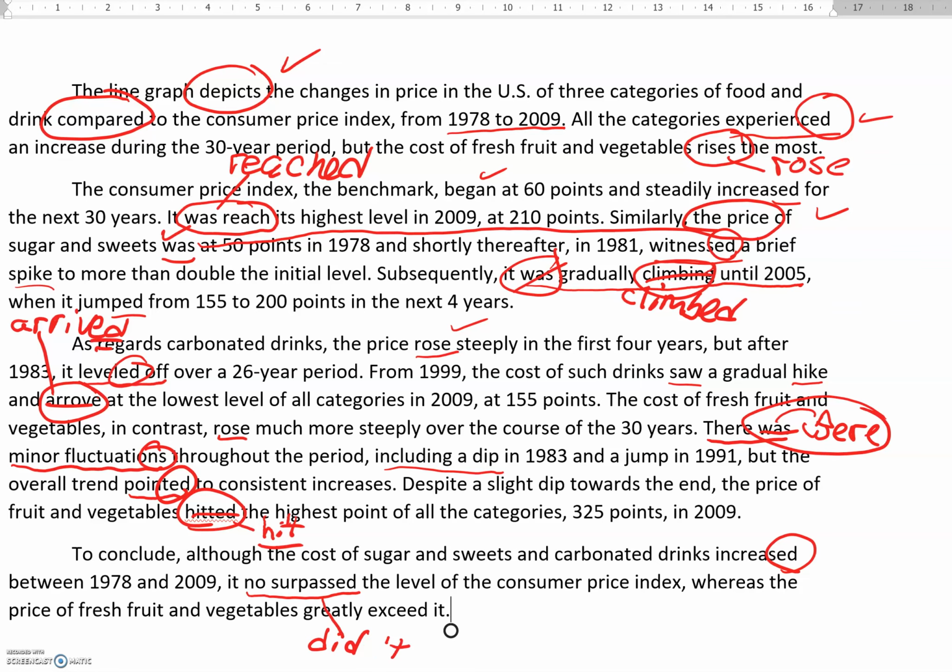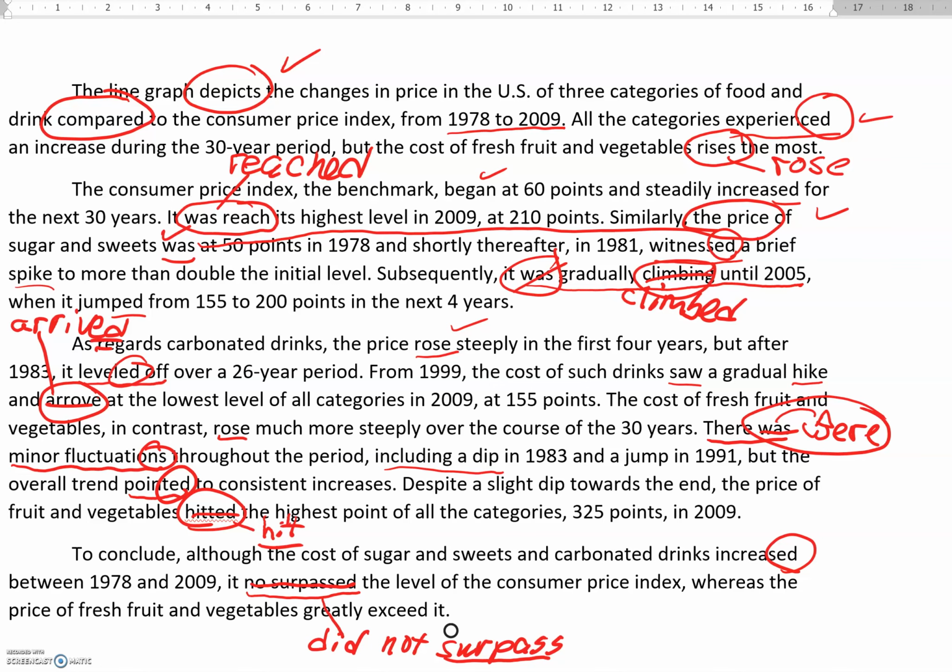I suppose for formal writing we'll say did not. It did not, and then we don't use the past tense, we use the base form after, right? Did not surpass. Okay, it did not go over, it did not surpass the level of the consumer price index,